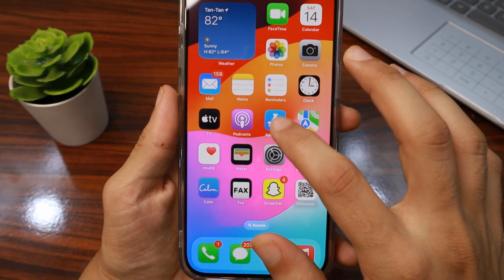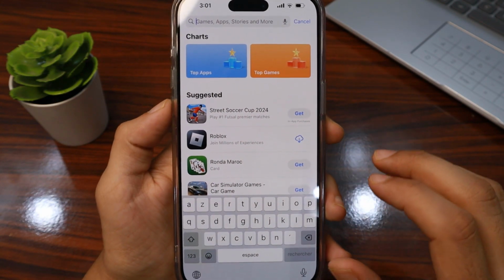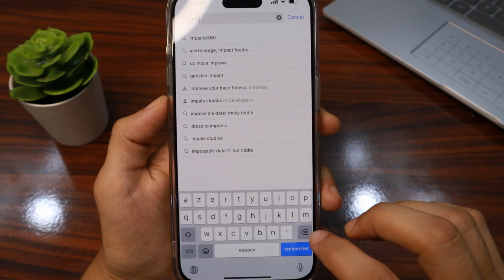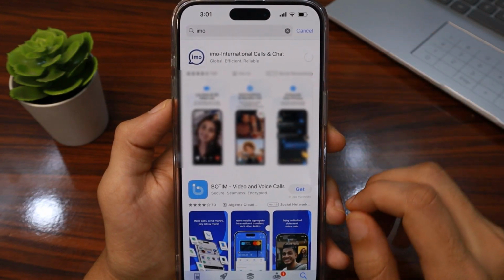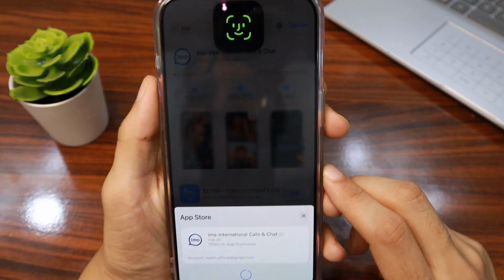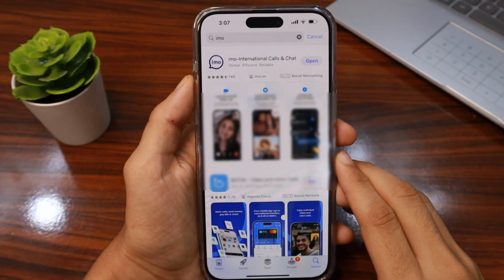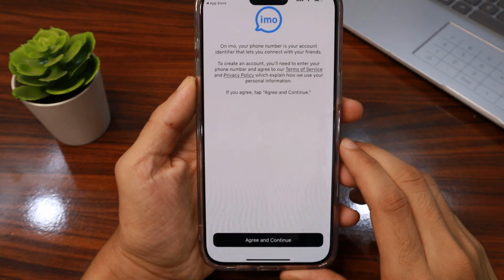So first, tap App Store and tap search and search for Imo. Then tap Get and double click to install. After installing Imo, tap Open, tap Allow,